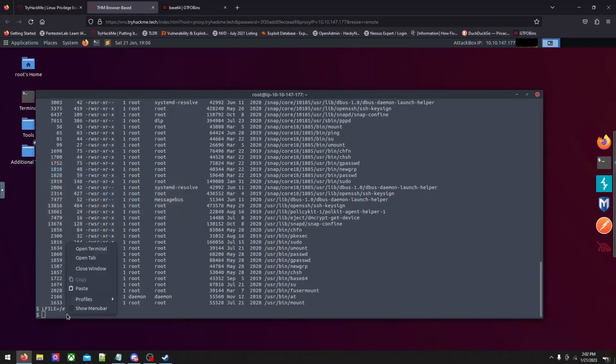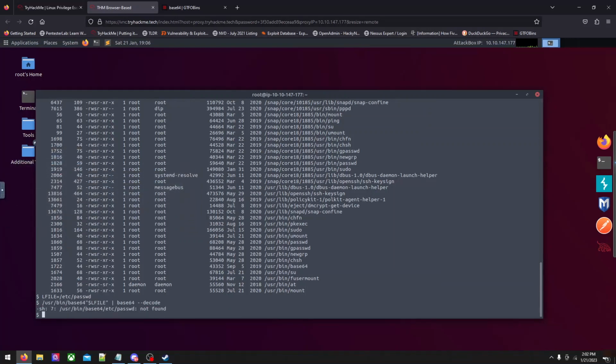We'll decode that. /usr/bin/base64 etc password not found. Oh, well, that's because we are looking to read